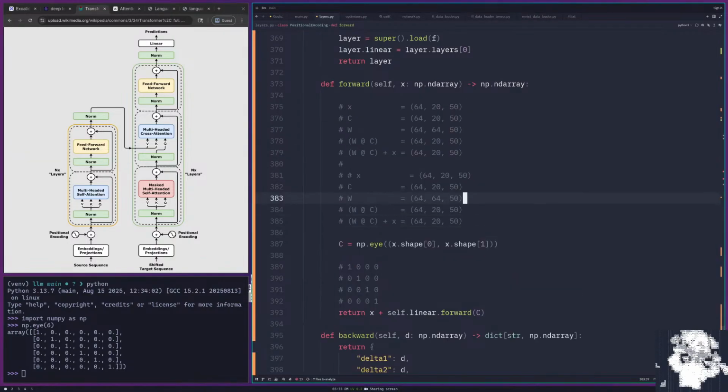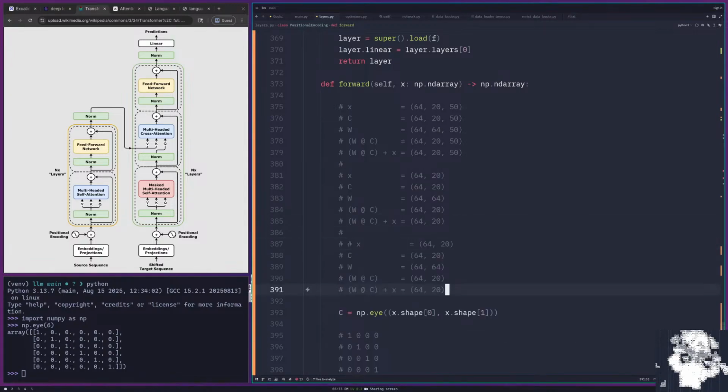So it should also work like this, and it should also work like